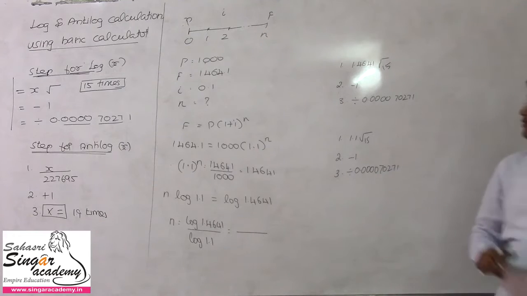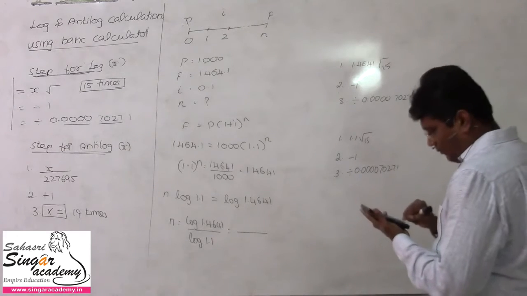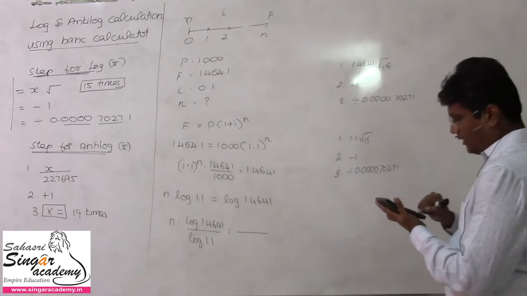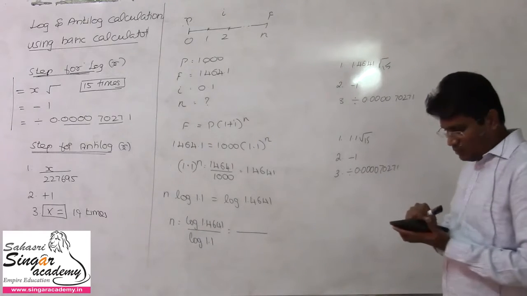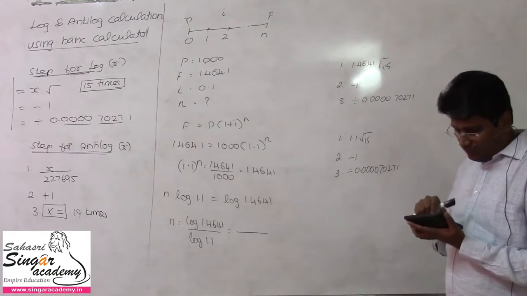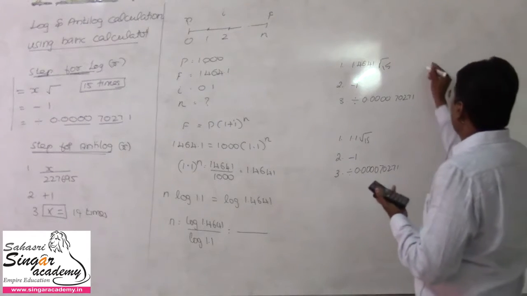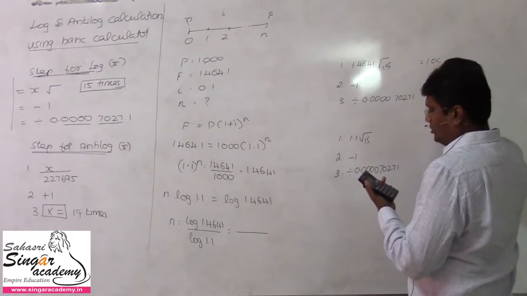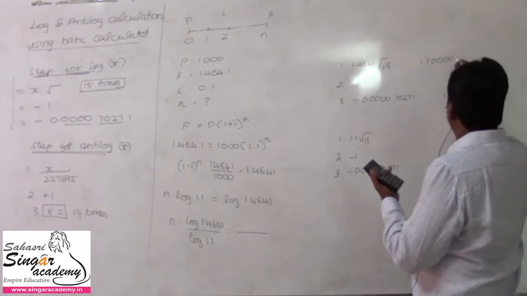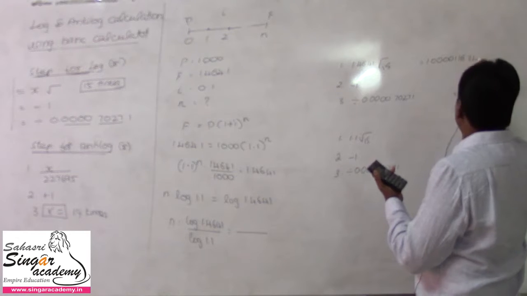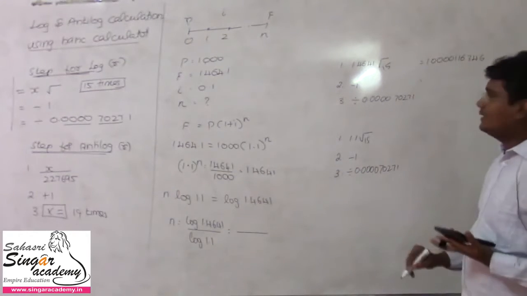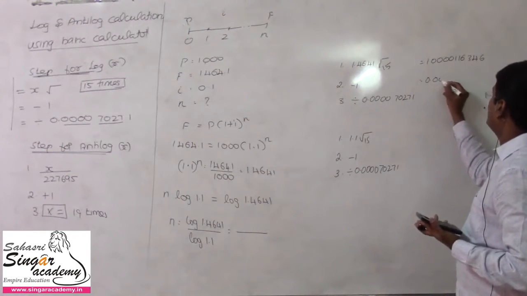As per the first calculation, 1.4641, 15 times root, so 1, 2, 3, 4, 5, 6, 7, 8, 9, 10, 11, 12, 13, 14, 15. So the answer will be 1.0000116,346 is the answer. After deducting the minus 1, the value will be